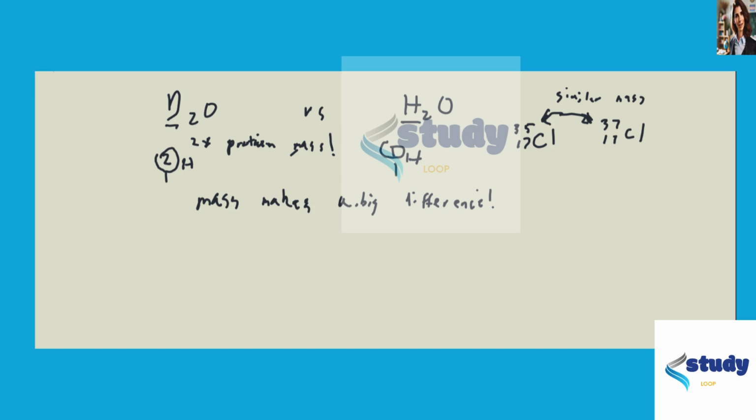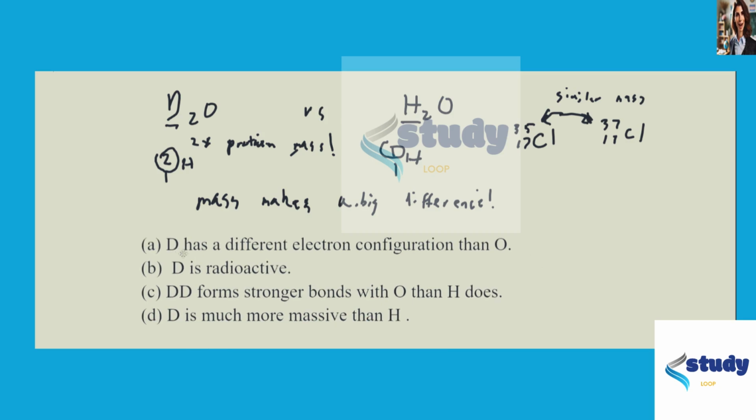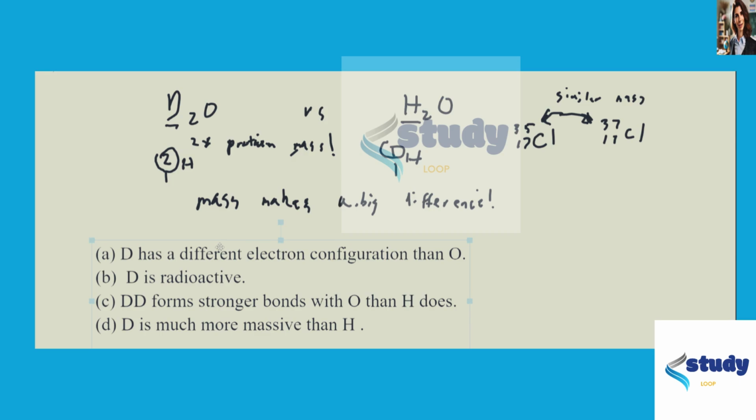So let's look at the options that we have here. And the four options that were given for why the physical properties are different are